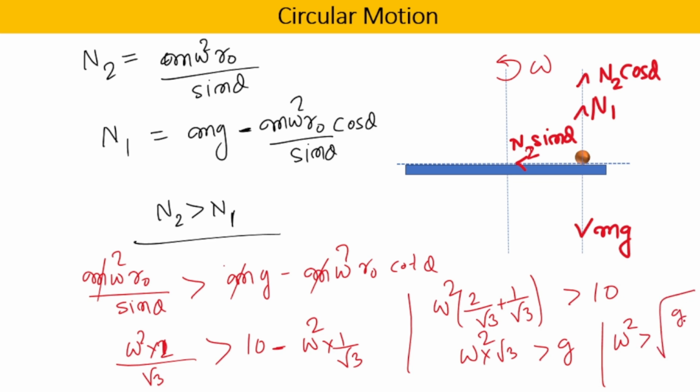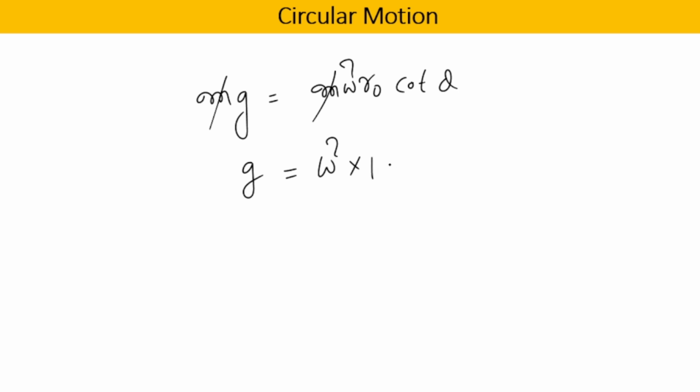डन है, so omega square क्या होगा तुम्हारा, greater than root under g by √3, this is going to be our answer for the first case. सेकेंड केस में हमें क्या निकालना है, second case में हमें ये निकालना है कि अगर हमारा जो sphere है, if that is leaving contact with the surface, then what will be the value of omega, so leaving contact with the surface means n1 becoming 0, यानी कि mg तुम्हारा किसके बराबर हो जाएगा, mg will become m omega square r naught cot theta, right, m को आप cancel कर दो, this is g, and this is equal to omega square r naught is your how much 1, cot 60 is how much 1 by √3,